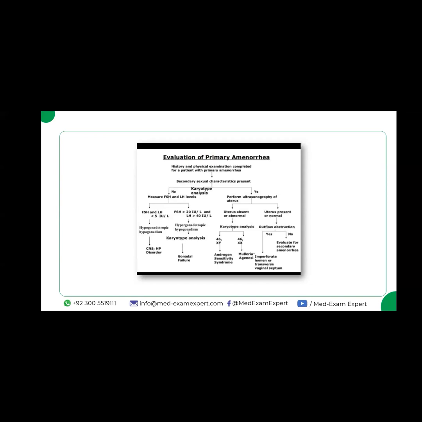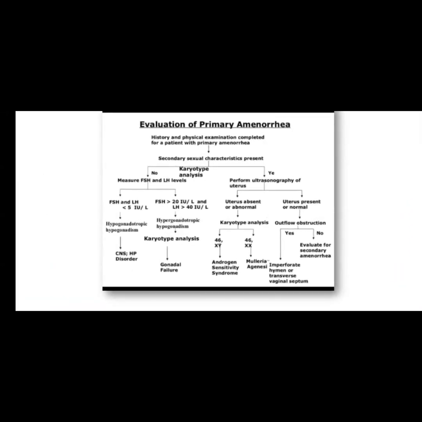So how do we evaluate the patients of primary amenorrhea? As you can see, history and physical examination are completed for a patient who is suffering from primary amenorrhea. We will see whether the patient is having secondary sexual characteristics or not. If the patient is having secondary sexual characteristics, the next step would be ultrasonography to see whether the uterus is present or absent. If the uterus is absent or abnormal, that is rudimentary, we will do the karyotype analysis of